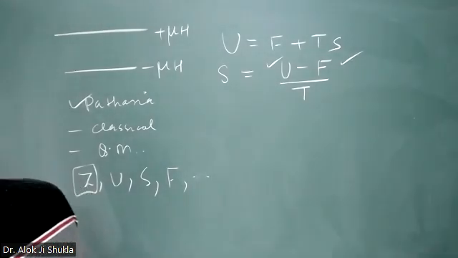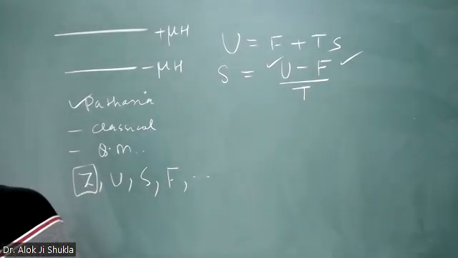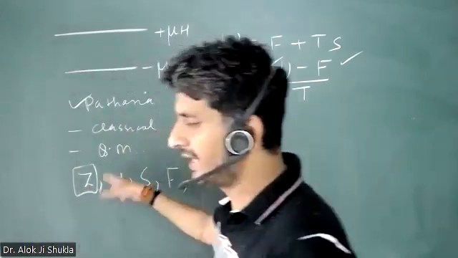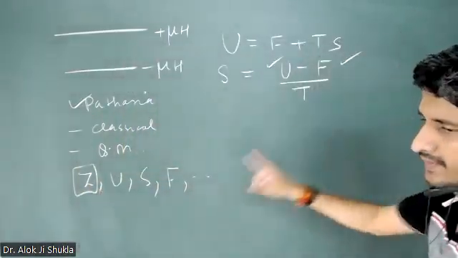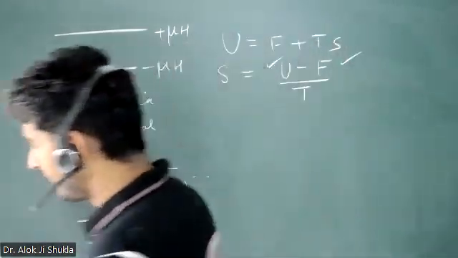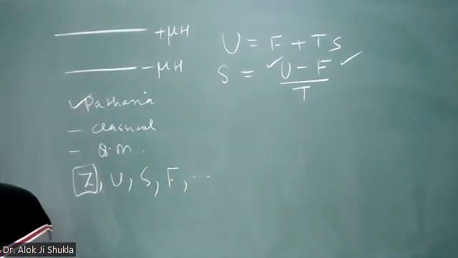Yes, you are able to write both. So within no time, you can quickly write what is the value of Z, what is the value of F, what is the value of U. So I recommend you all to write all that and then arrive at